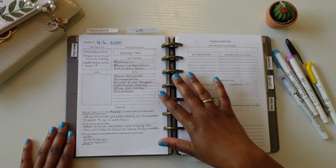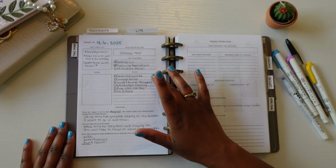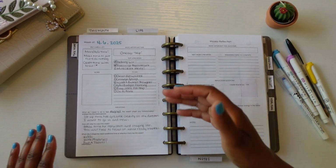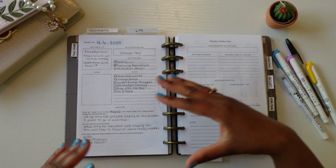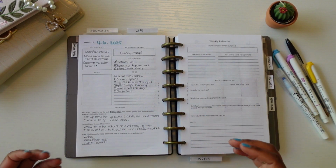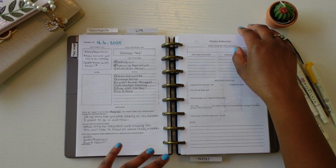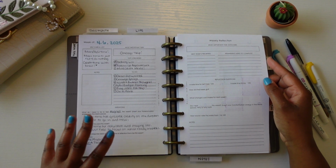And then in terms of general to-dos, I had things like clean the dishwasher, change the sponge, thoughts on work and business, some changes that I know I need and want to make for moving forward. Also doing some April budget planning, buying items for the trip, and going to the bank were all things that I knew I needed to get done. So not a crazy list of things that needed to get done, but important stuff that I didn't want to